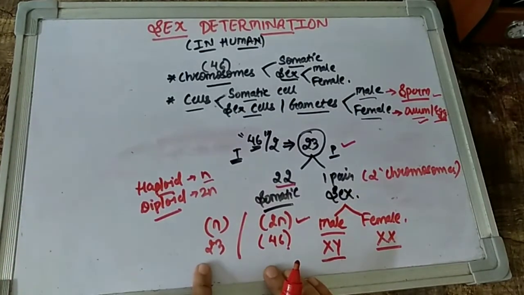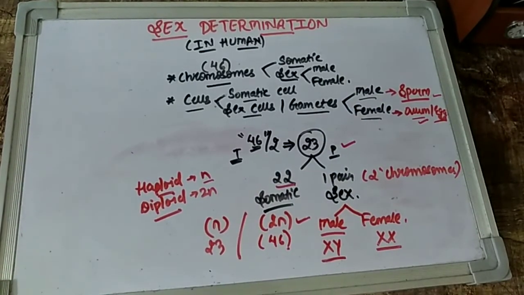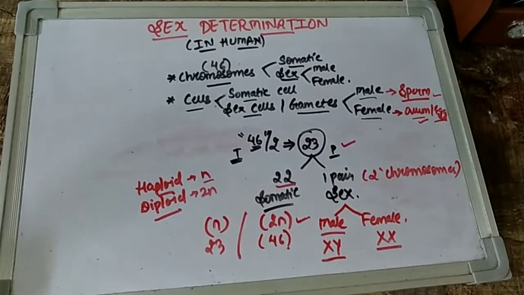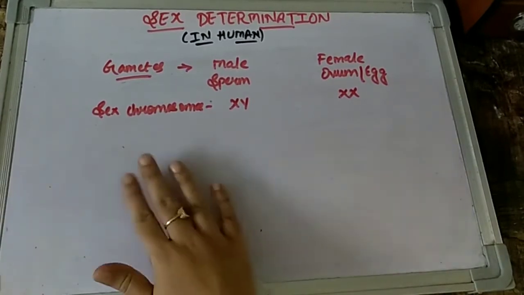And then sex cells have how many chromosomes? So they have 23, or half the number of chromosomes. So if this much is clear to all of you, now I'll switch quickly to the process of sex determination in humans. So children, in continuation with what we are learning, the process of sex determination.